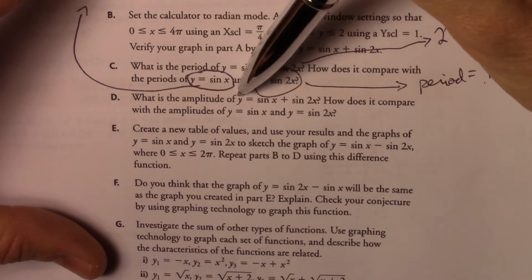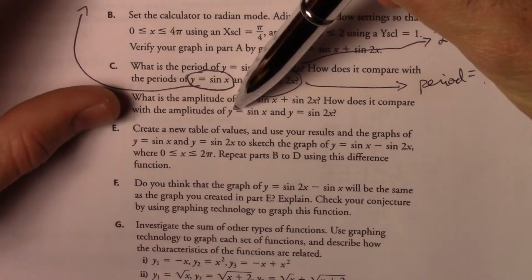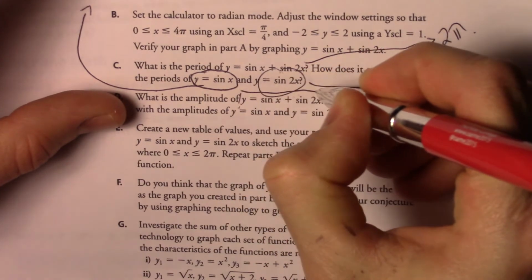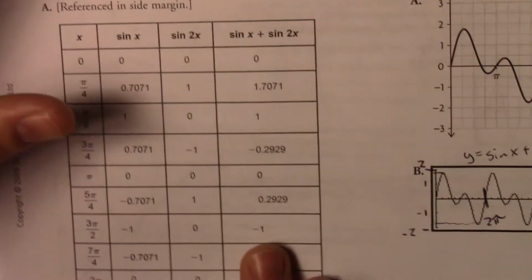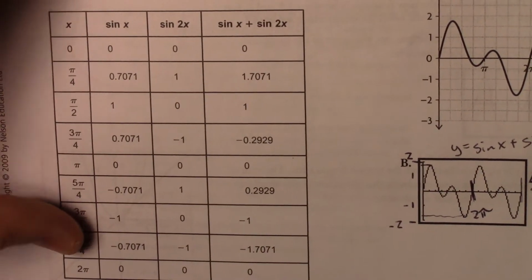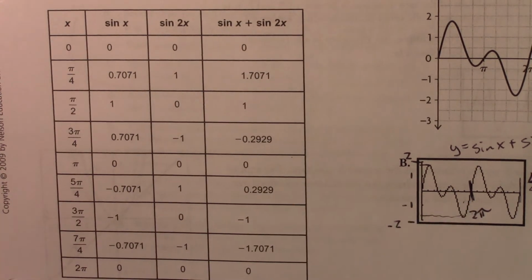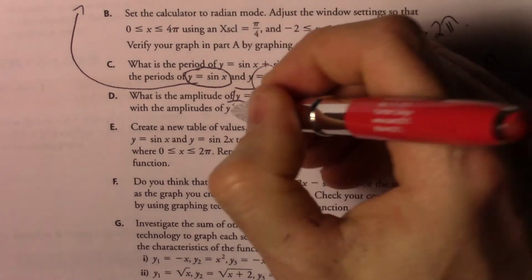What is the amplitude of y equals sine x plus sine 2x? How does it compare with the amplitudes of y equals sine x and y equals sine 2x? So what was the amplitude of this? I'll go back to this page here. Who can tell me now? What is the amplitude? You can see it in the graph, and you can see it in the table. The amplitude of this